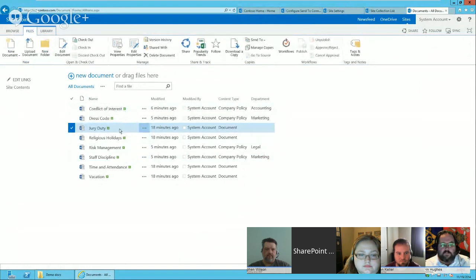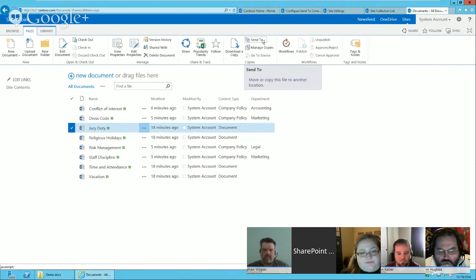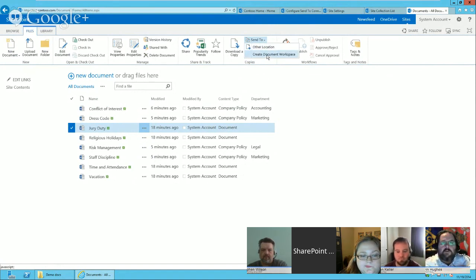So if you select a single document in your library and go to the ribbon up here, that's where you're going to see the Send-To button. So this is what the focus is on today. In your document library, you're going to have 2 options in here, Send-To other location or create document workspace. This create document workspace is really interesting right here, because document workspace used to be